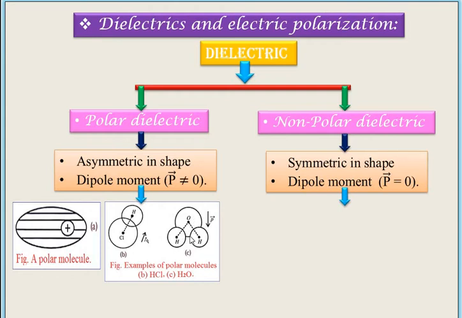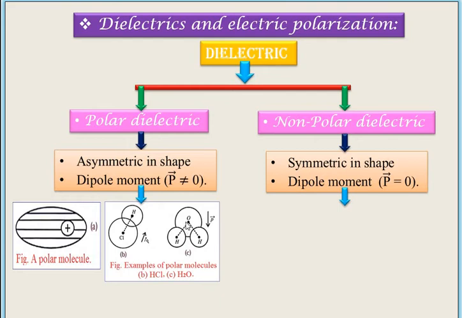These two hydrogens, this is the center of the two hydrogens. If we join this center of the two hydrogens and the oxygen, we get the dipole length. Due to the dipole length, they have a dipole moment. Hydrogen is positively charged, oxygen is negatively charged, and the direction of the dipole moment is shown here from negative to positive charge.